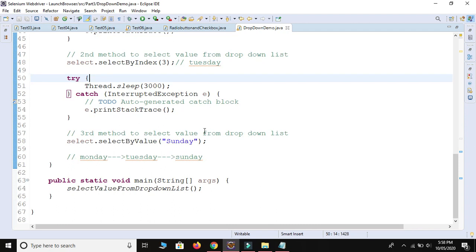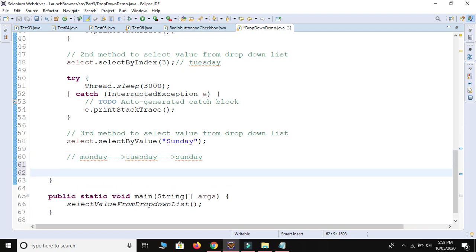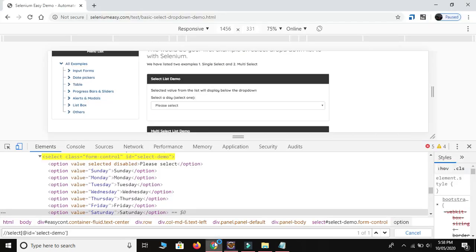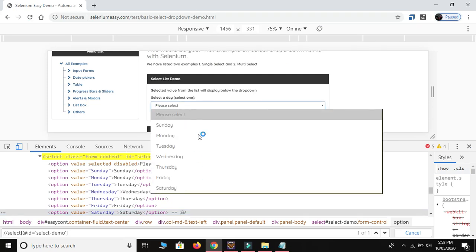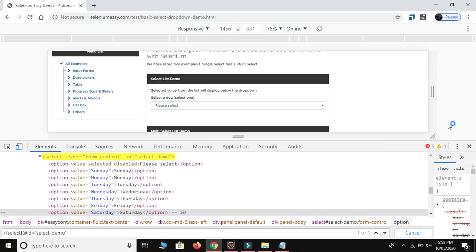So this is for the single element. But if you want to see how many values are present in a drop down, how to do this?